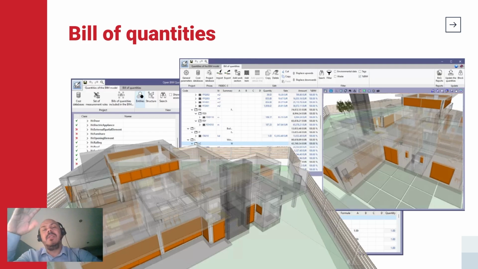Reading these IFCs, we can then connect the quantities from this model with a cost database, and then have the cost of the building, have the view of quantities. So this is one of the uses that we have for the model that we are creating. Why I'm showing all these details, all these processes that are not actually still design, because